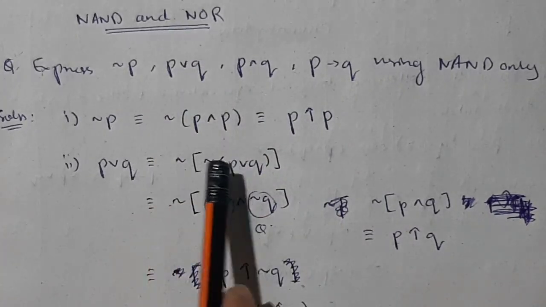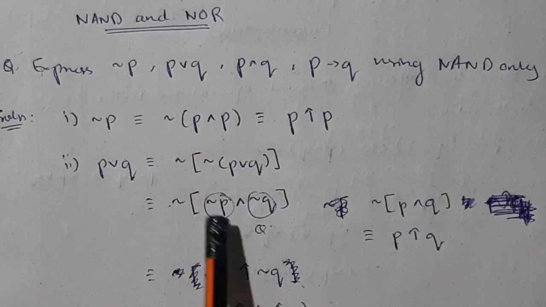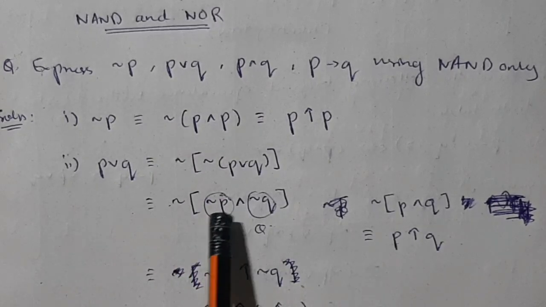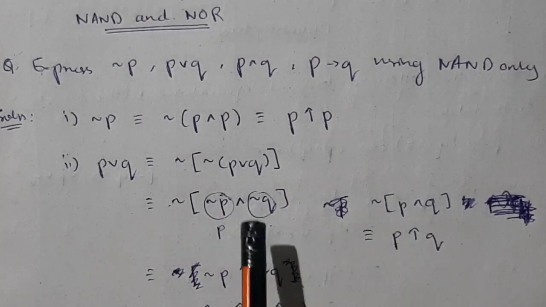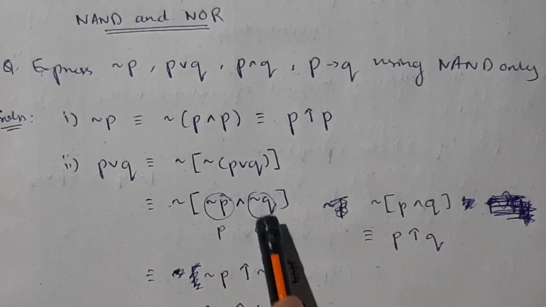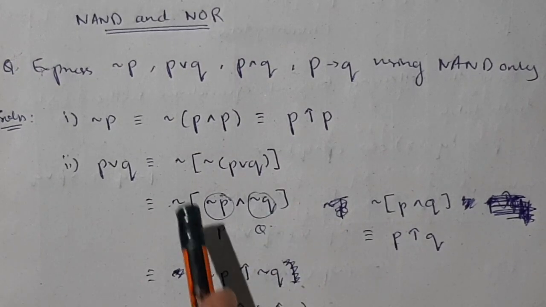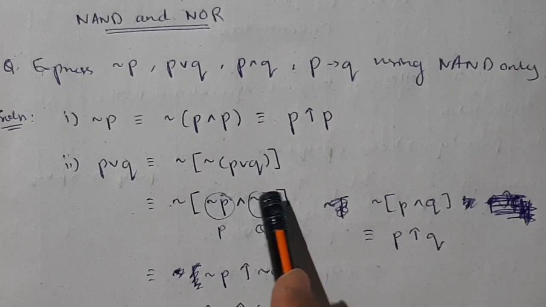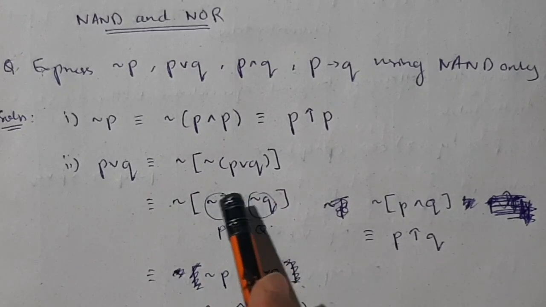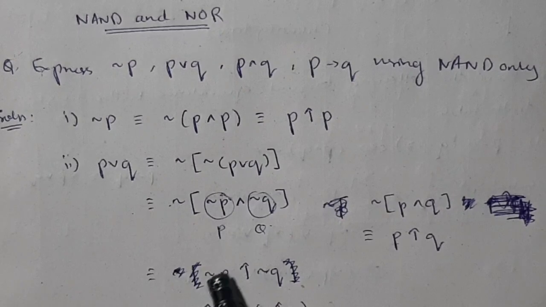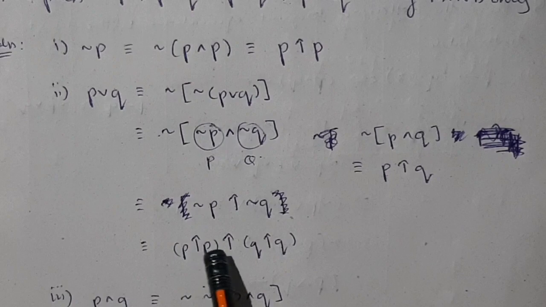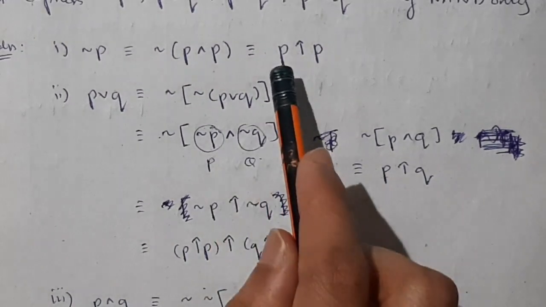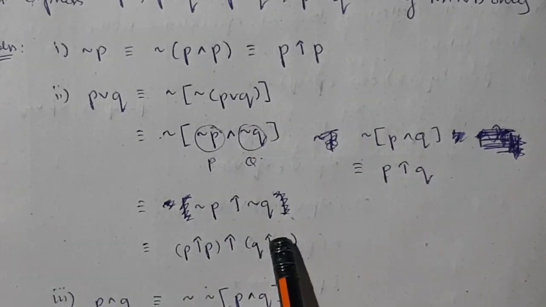Similarly, for this also we will write it like this. First we take double negation and then apply De Morgan's law, and take this as p and q. If you take this whole term as p and this whole term as q, what is it? Not of p and q, that is NAND, right? So you can write p NAND q, but instead of p we have not p, so we write not p NAND not q. Then not p and not q can individually be written as p NAND p, by the first equation. Not p can be written like this, so you can substitute it here, and for q also. This is the final answer.